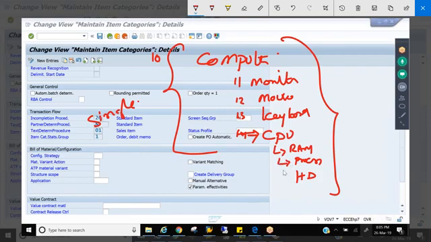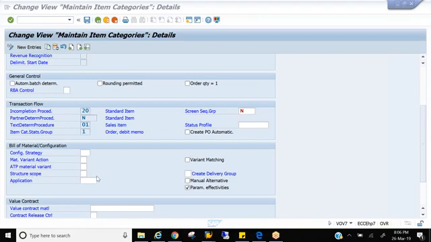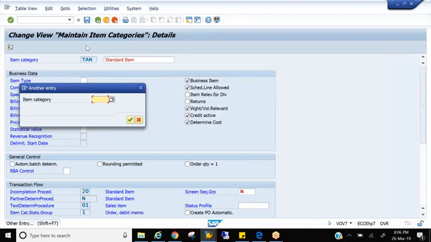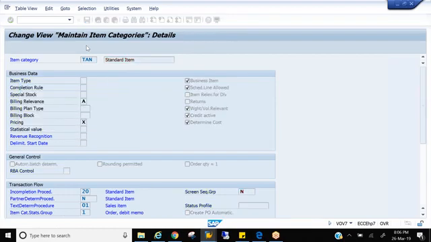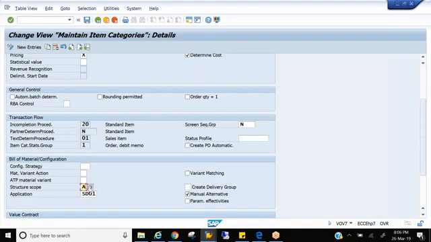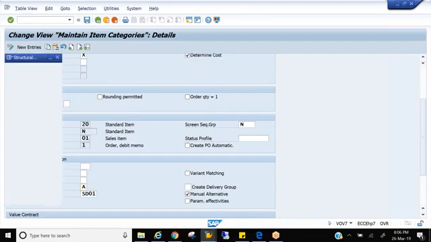So in a sales document, whether you want to trigger a single level BOM or a multi-level BOM is controlled by this field called structure scope. As I mentioned, this is only for the BOM header pricing. This particular structure scope is applicable only for one item category, that is TAQ, BOM header pricing, extended delivery. That means here you can control whether you want to explode a single level BOM or a multi-level BOM, or you just don't want to explode any BOM. That you can control here.